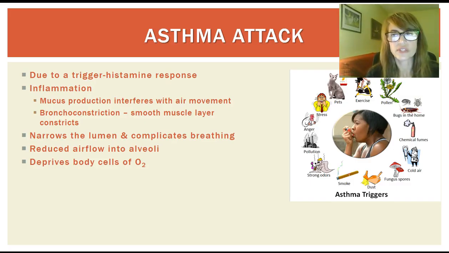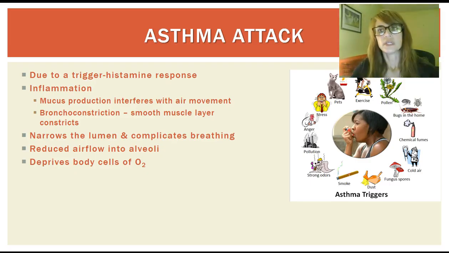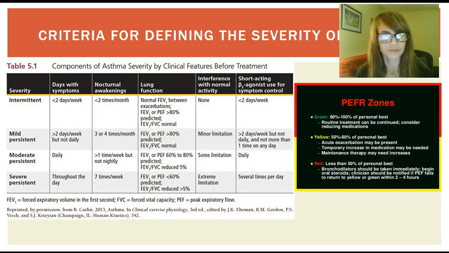So in very serious attacks of asthma, you may also check oxygen saturation rate with the finger. Something goes on your finger, and ideally it's in the 90s, which means that you're getting enough oxygen. But for those that have severe pneumonia or breathing diseases, it may be very low, like in the 80s, and so you're not getting enough oxygen to all the tissues of the body, and that's not good.